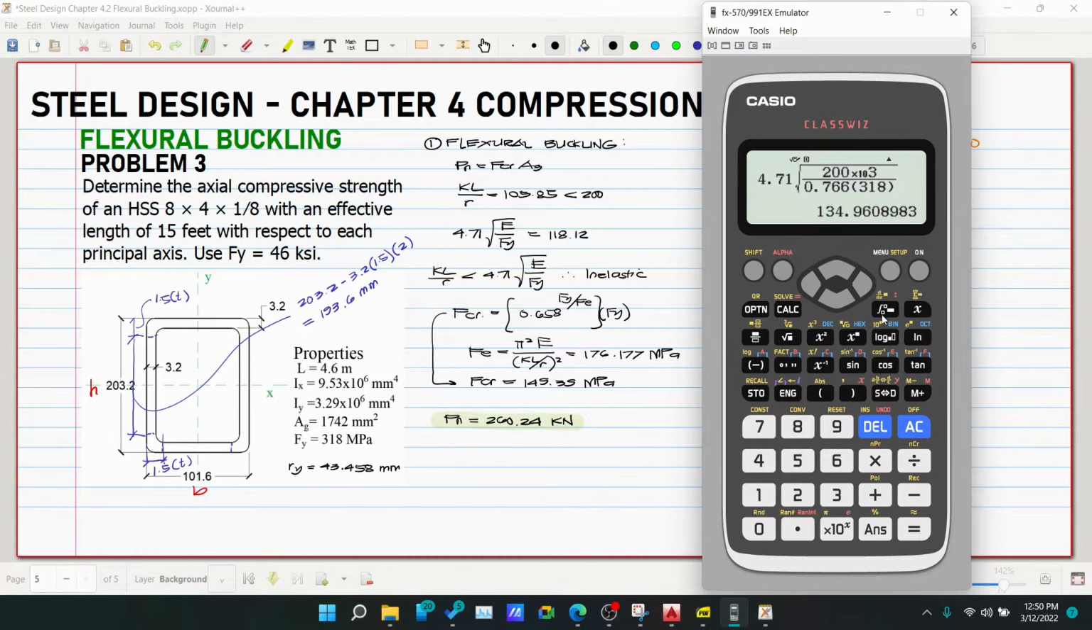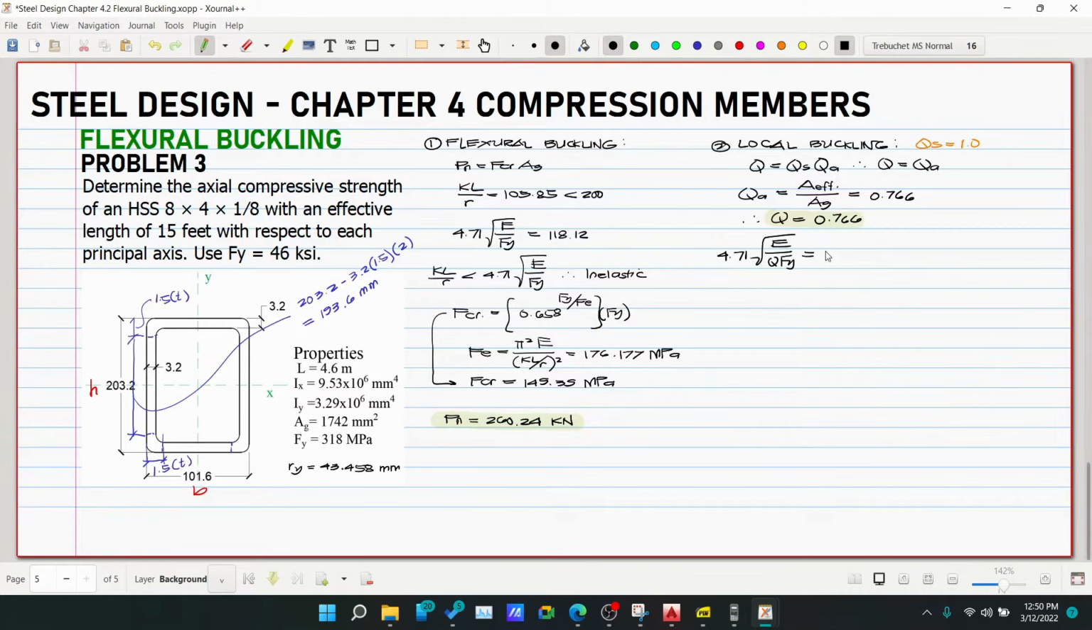So, nireduce natin yung ating yield strength, okay? So, yung ating limit is 134.96, which is greater than sa KL over R natin. Okay, yung ating KL over R is 105.85. So, same pa rin yung ating FCR, pero magbabago dito yung ating FY, i-reduce natin. Okay, so sa madaling salita, pinapahina natin yung strength ng ating member in terms of